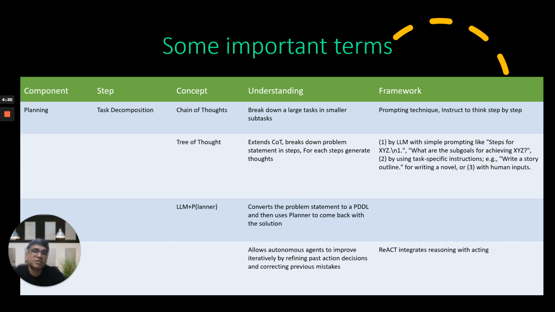Now, the third place which is really interesting is from a task standpoint. Typically, when you get into areas which GPT-3 or LLMs can't handle, in those situations you would go ahead with something which is cut out to do it. The symbolic planners really play into this. So LLM plus planners typically ends up breaking down the problem statement into more manageable parts. They have a planner which gives you the solution, and then eventually also gives you the steps to solve the problem.